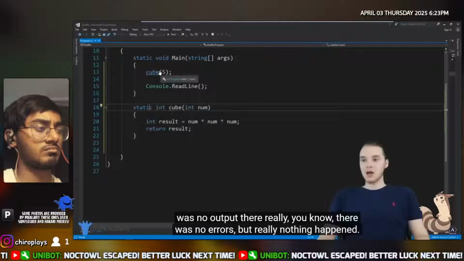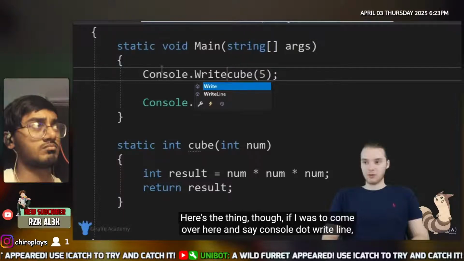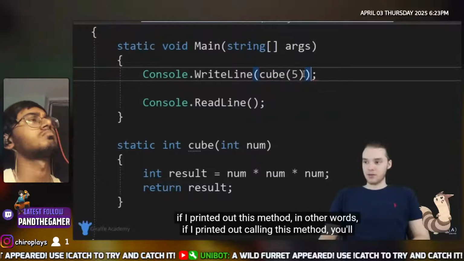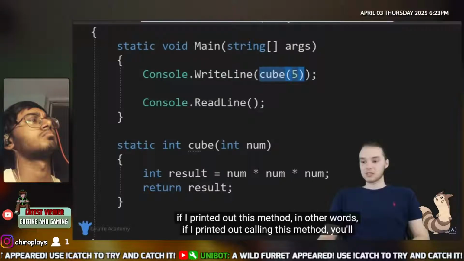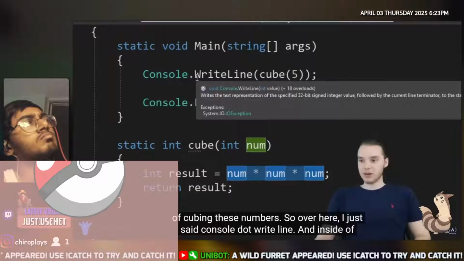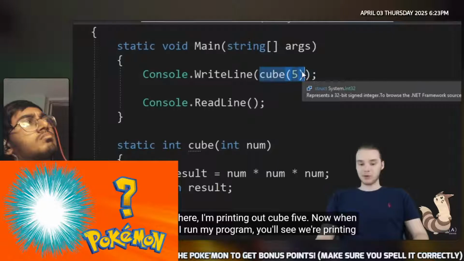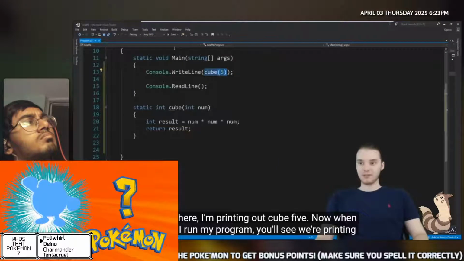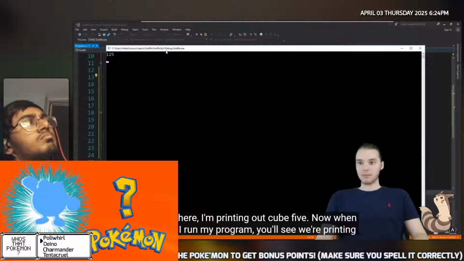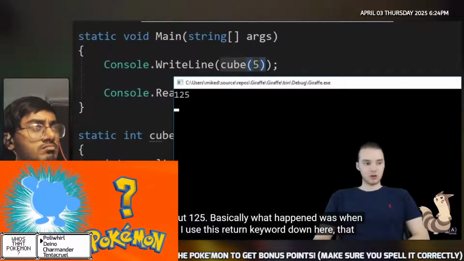Here's the thing though, if I was to come over here and say console.writeLine, if I printed out this method, in other words, if I printed out calling this method, you'll see we're actually going to print out result. We're actually going to print out the value. Over here, I just said console.writeLine, and inside of here, I'm printing out cube 5. Now when I run my program, you'll see we're printing out 125. Basically what happened was when I used this return keyword down here, that returned the